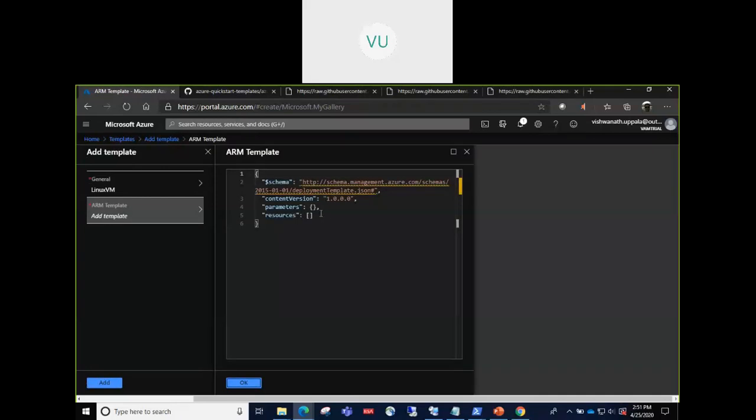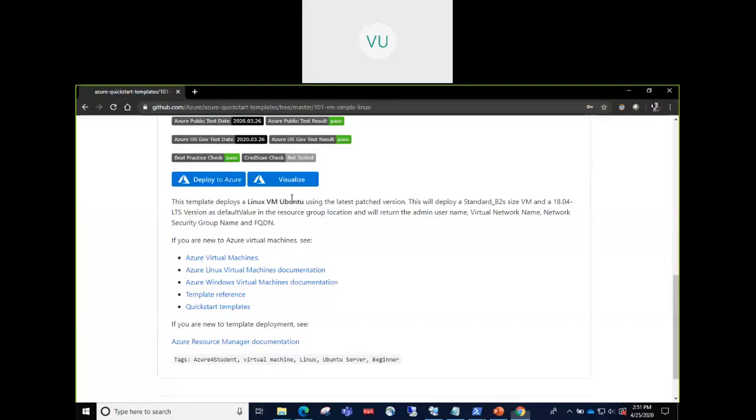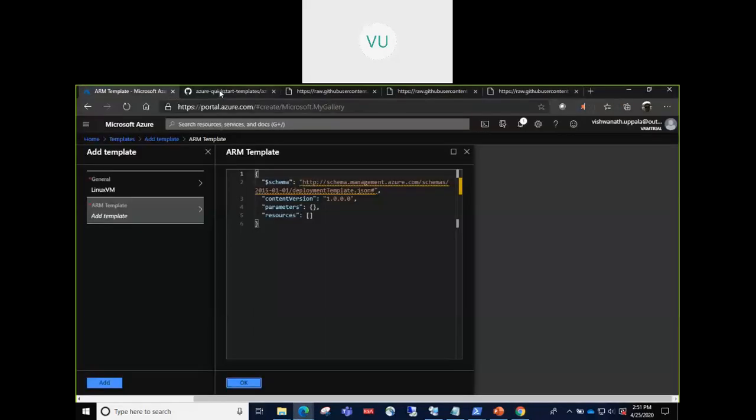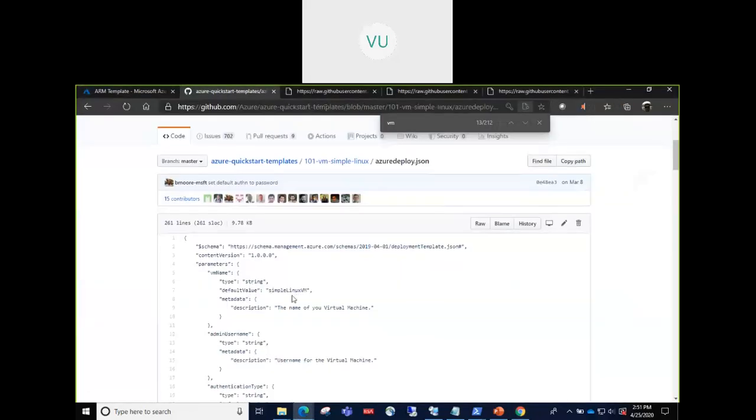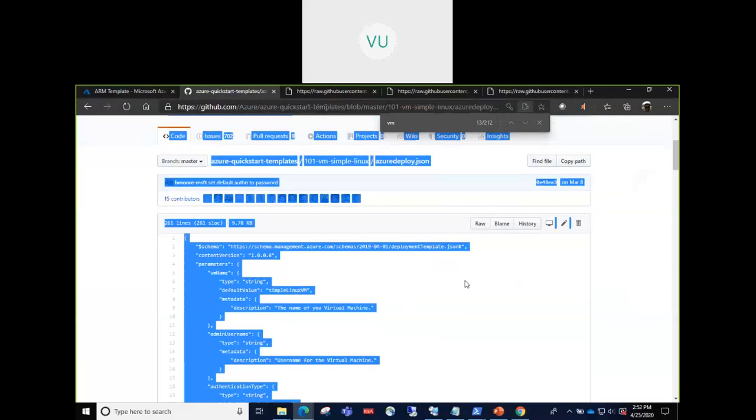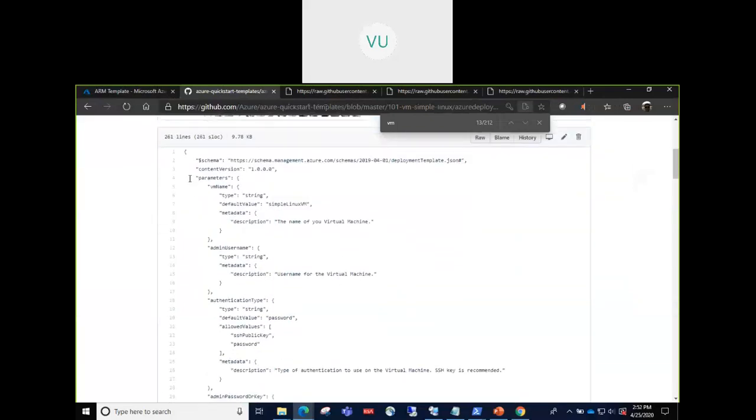Here we see it's asking for the template, so we can provide this template. Let's see, we can use this. Yeah, we'll use this. We'll copy this. We can download it.